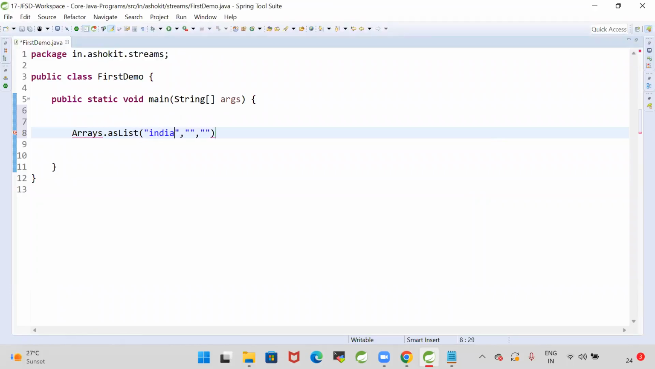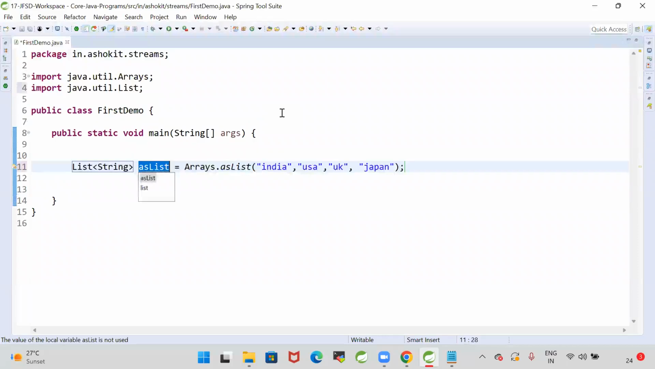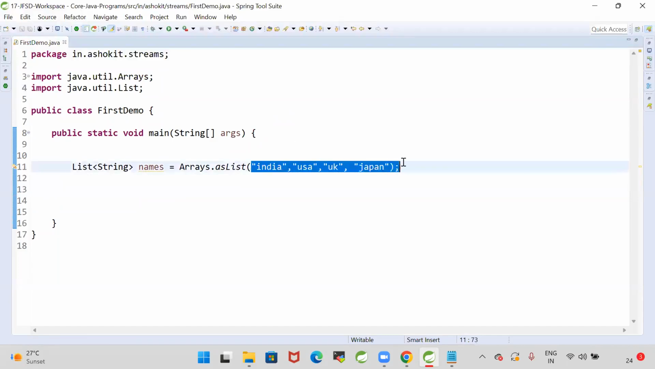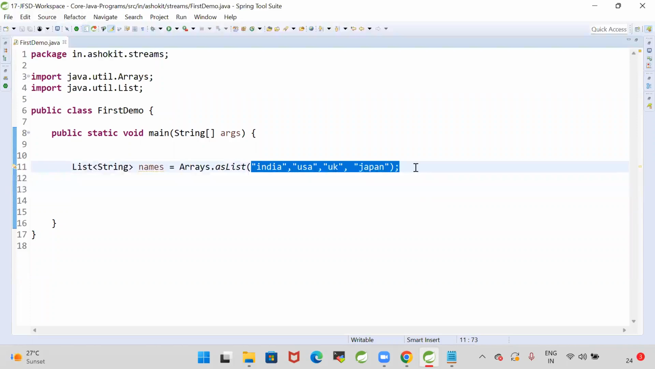India, USA, UK, Japan. Something like this. Some country names I'm taking. These country names I want to represent as a collection. So Arrays.asList. I got a few names. Now I want to convert all the collection elements to uppercase characters and I want to get the names back as